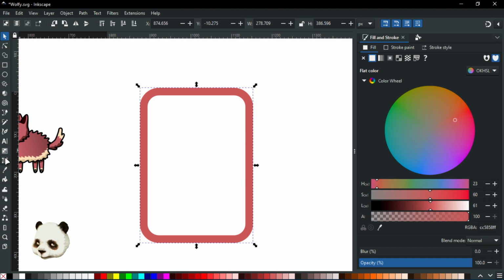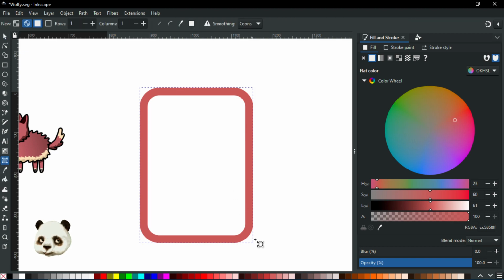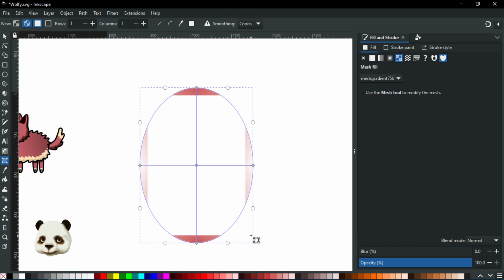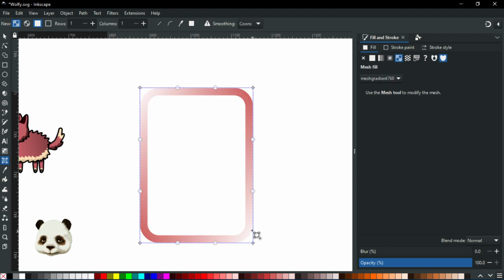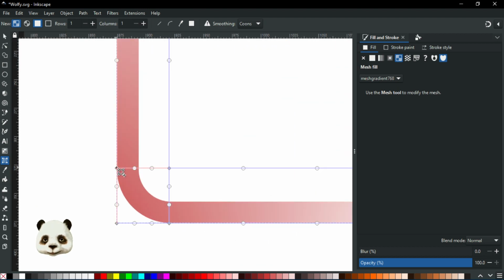Oh, it should be the mesh. The mesh tool, which again could be used in many ways, but I think it's very difficult to control and you really need to know what to do. It's a very powerful tool, in my opinion,